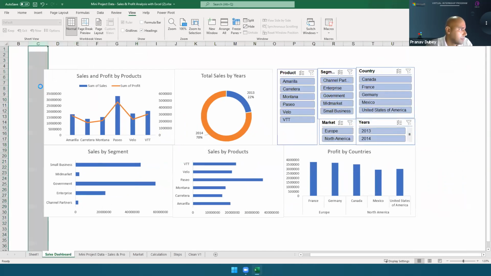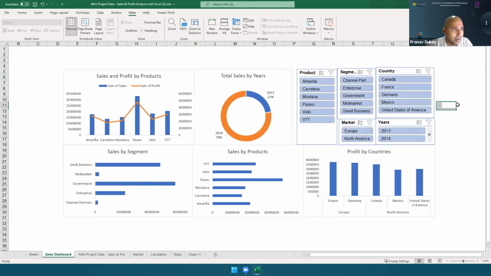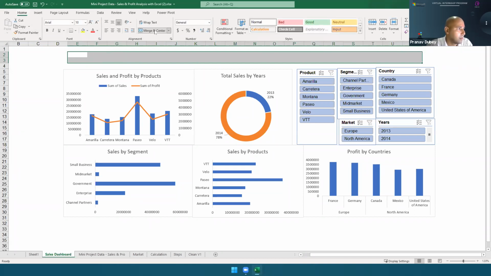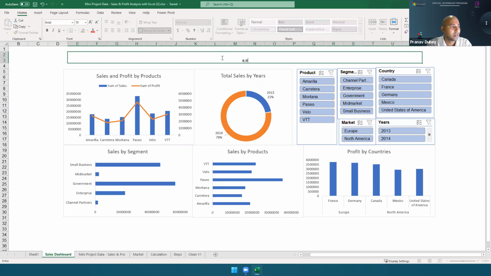So just some adjustment I'm making to make it in the middle. And then I will take this area, these columns, I will merge them. And by merging, I will just give a title. And my title will be Sales Dashboard.